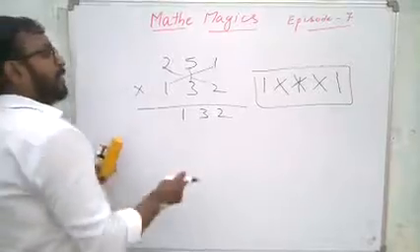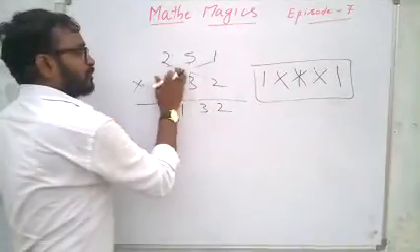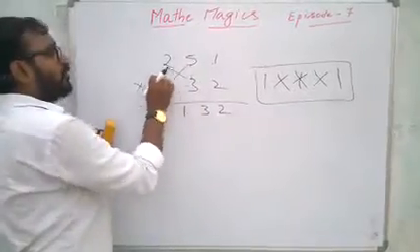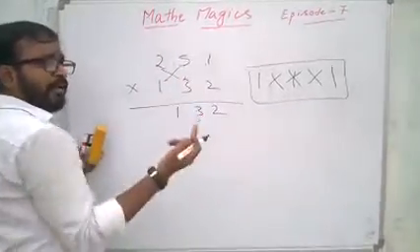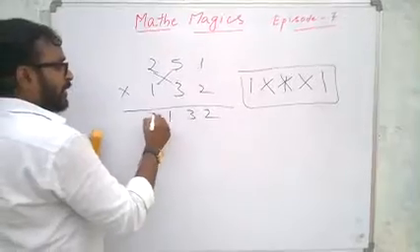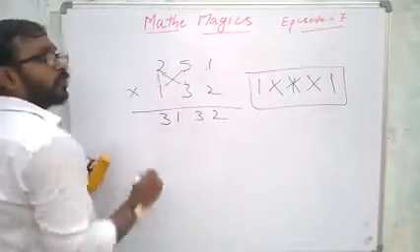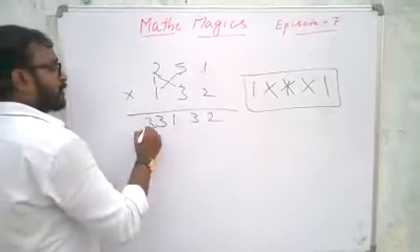Keep 2 in your brain, then these two. Remove this. Now these two: 5 times 1 is 5, 2 times 3 is 6, total 11. Already we have 2, 13. Write 3, keep 1 in your brain. Now finally this: 2 times 1 is 2, 2 plus 1 is 3.